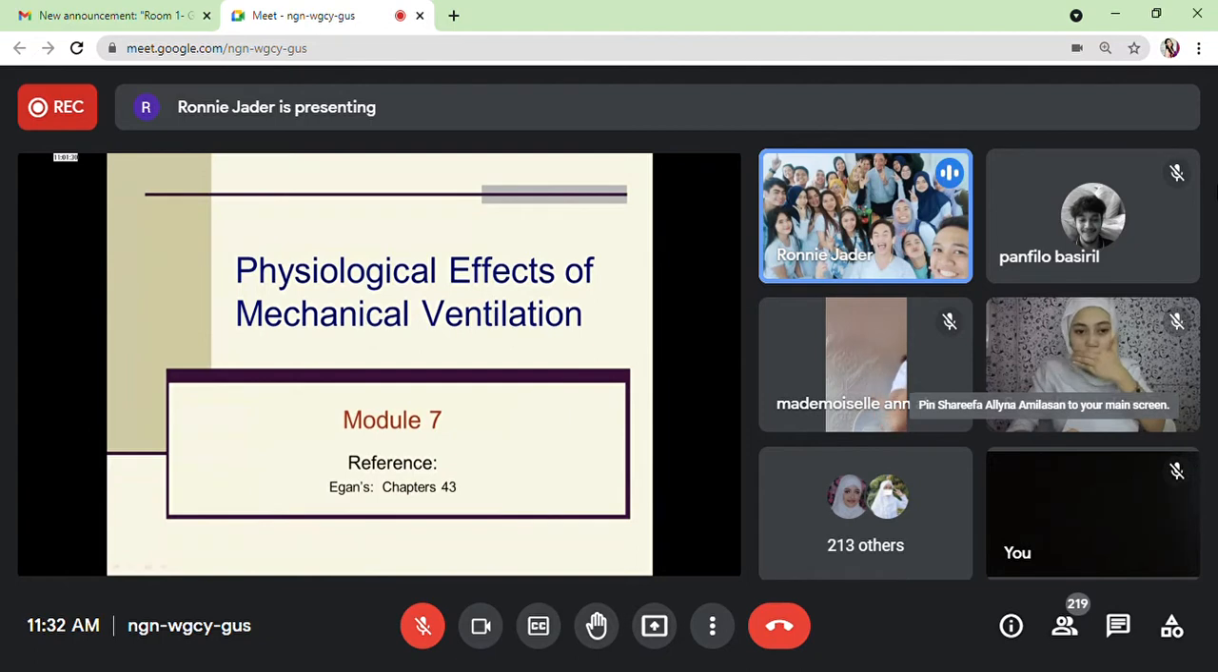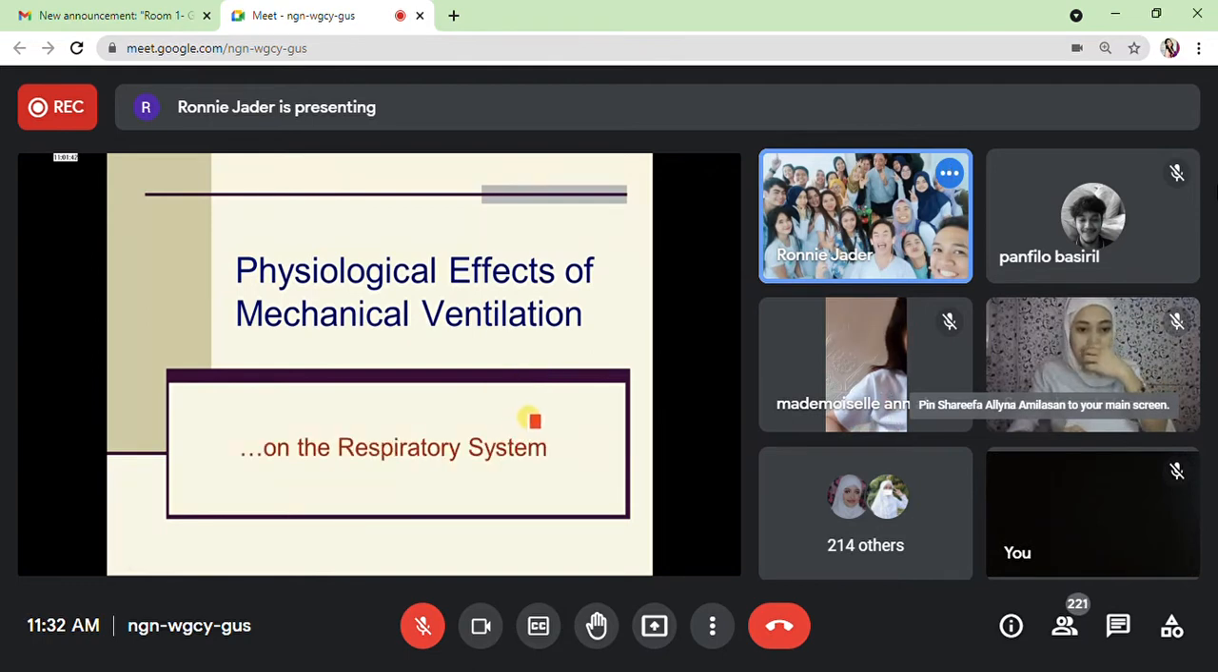All right, so let's get started. So we've got our PowerPoint here. I'm just going to color along with me, and we're talking about Module 7, Physiological Effects of Mechanical Ventilation on the respiratory system specifically. Okay, now we've already talked about in class how our basic settings on the mechanical ventilator,